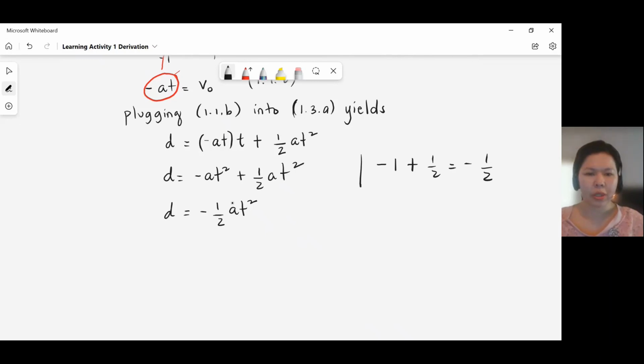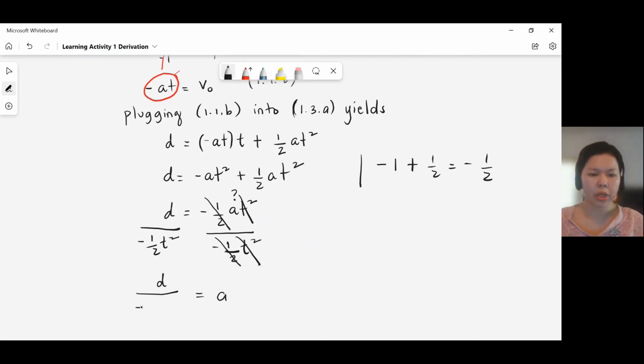And then what we want here is to get the acceleration. What we want here is to solve for the acceleration. So we divide the entire equation by negative 1/2 T squared and also the left side. Okay, we cancel negative 1/2 over negative 1/2 and T squared over T squared. Thus, we have obtained our desired equation. A equals D over negative 1/2 T squared, and we